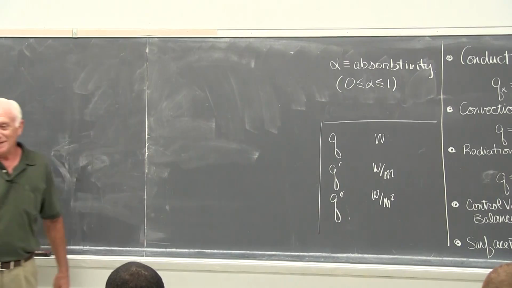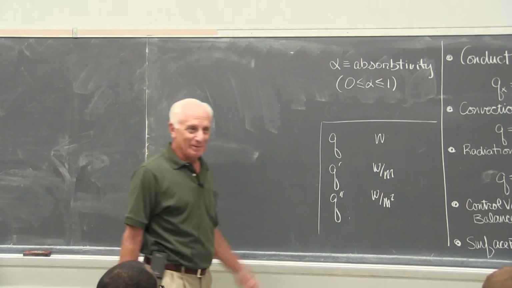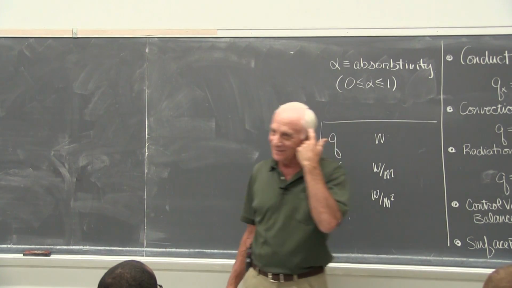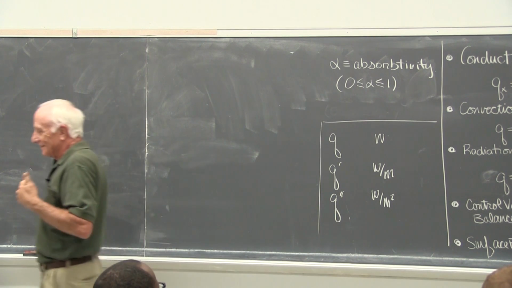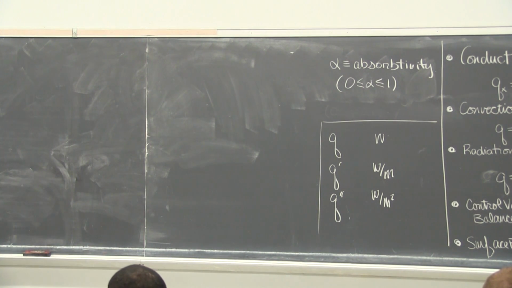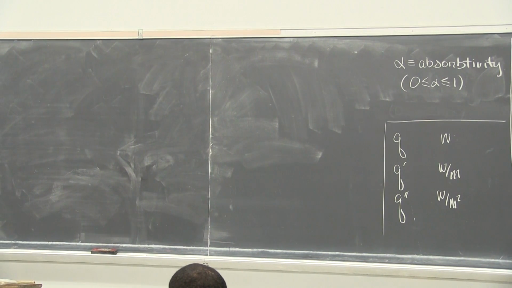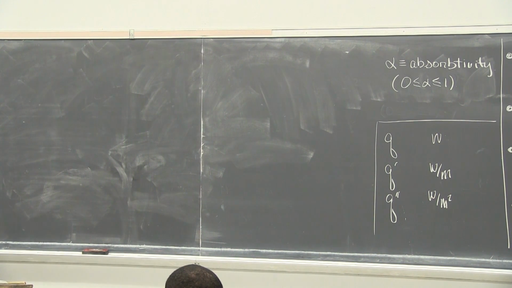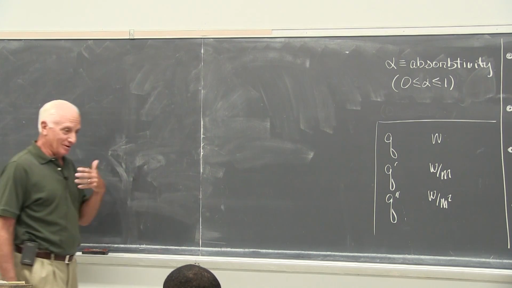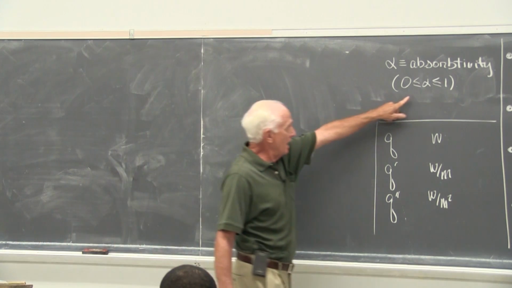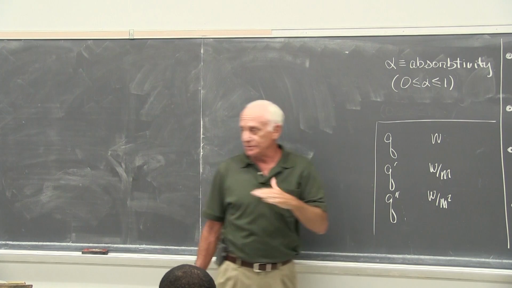You buy a black car, you know on a hot day you're going to pay a price because touch the hood, touch the top. Black upholstery, same thing in your car. You want to build a good solar collector, don't paint it silver, paint it black. Why? You want a good absorption. You want alpha to be high for solar radiation to be absorbed on the surface.